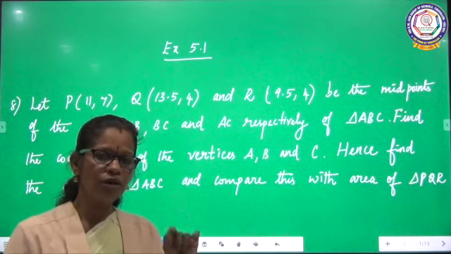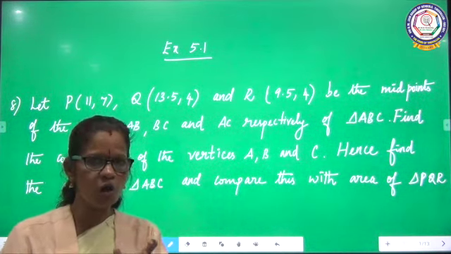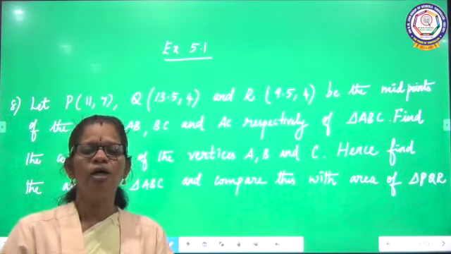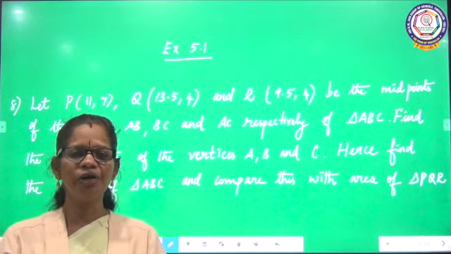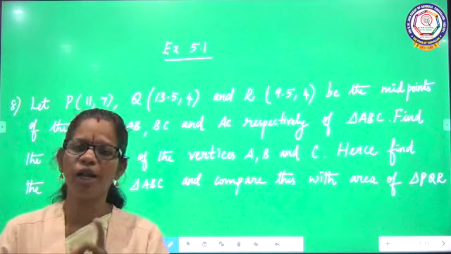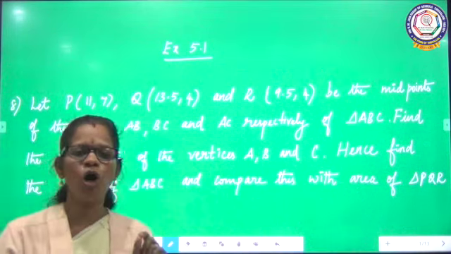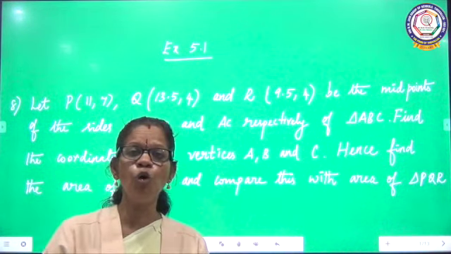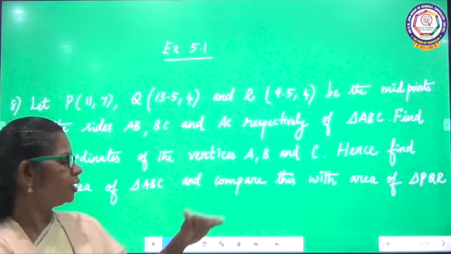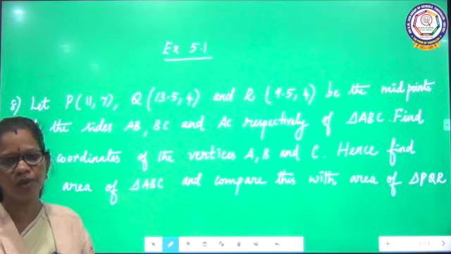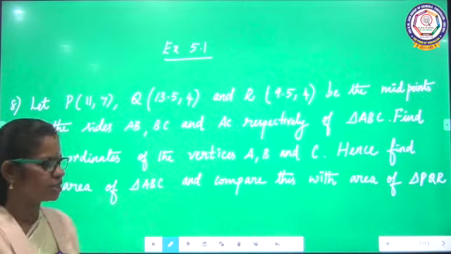One thing I will tell you, if the midpoints are given, when you connect the midpoints, you will get a small triangle inside the bigger triangle. That means you will get 4 equal triangles. The bigger triangle equals 4 times the smaller triangle. Here the bigger triangle is triangle ABC. So the area of triangle ABC equals 4 times the area of triangle PQR, that we want to prove. That is the question they are asking to prove, right? First, I am going to find out the coordinates of ABC. First step, right?